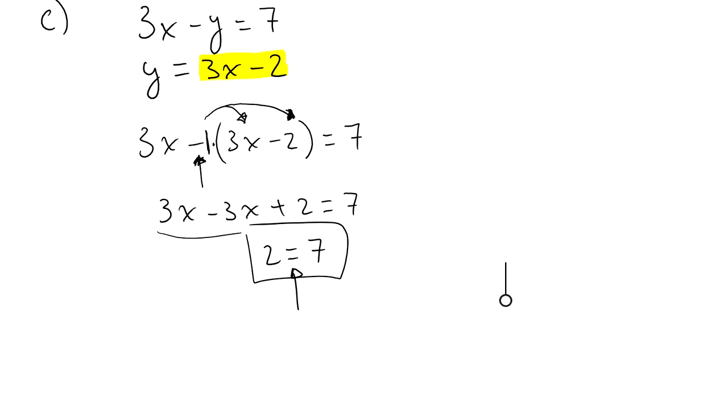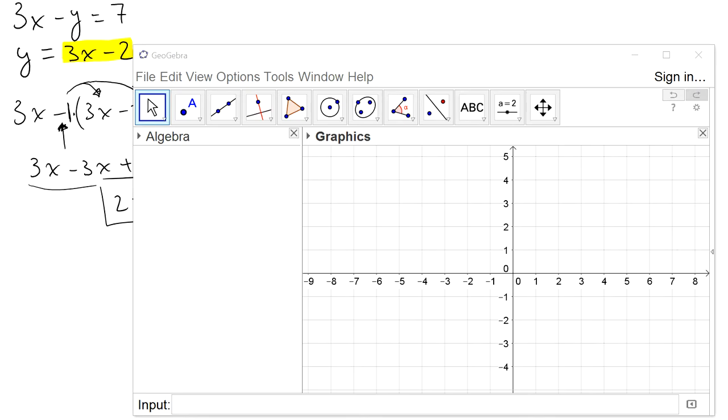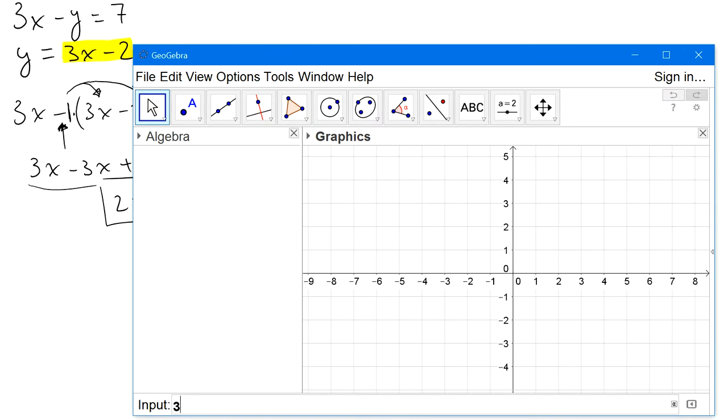So I want to take a look at that graphically. I think you can just see our system of equations just off to the left there. So it was 3 times x. So let me hit 3x. Oops, input. So 3x. And then I'm going to subtract from that y. So 3x minus y. And that should equal the number 7. So here's the first of 2 equations: 3x minus y equals 7. And then the other equation is y equals 3x minus 2. So let's type y equals